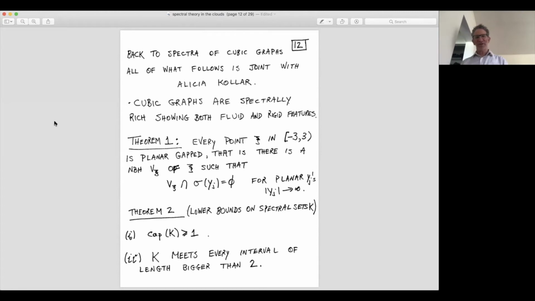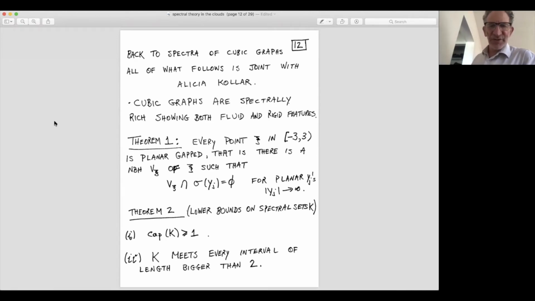So the first thing we wanted to understand was, is it possible to make a gap at any point? So we've seen the gap at the top, we've seen the gap at the bottom, but could you make a gap in the middle? Can you construct a sequence of 3 regular graphs which have a gap at any point? So is it true that for every c in (-3, 3)? It is true, that's theorem 1. Three is always an eigenvalue, -3 need not be, so I'm using the open interval. The topological space is the interval (-3, 3) with the usual topology, so that's an open set.